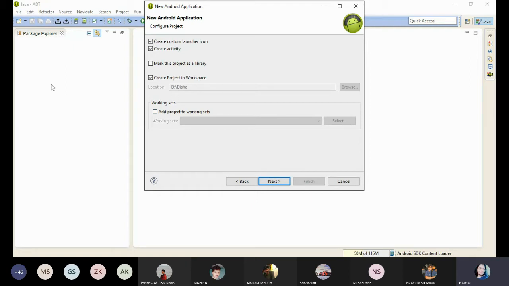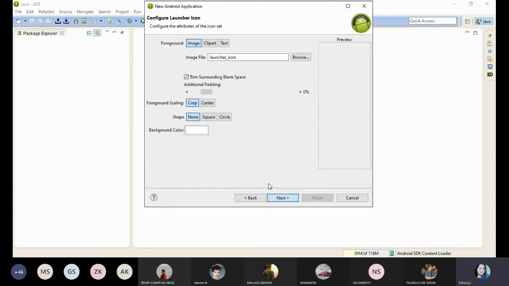If you try to open your Eclipse, the first step is it will ask for the workspace. Okay, you just try it on your laptop. The first step is it will ask for the workspace. Then only the platform will be displayed. At that time I mentioned my workspace is D. Okay. So in the configure project window, don't make any changes. Okay. Don't make any changes. You just simply click on next.